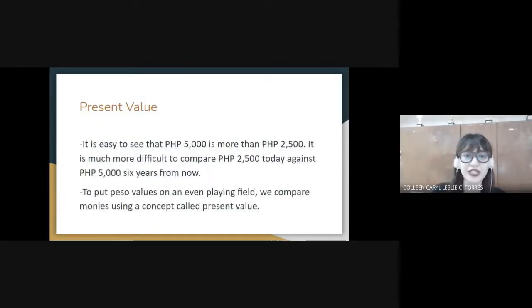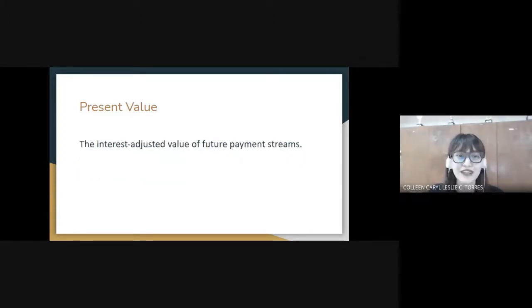As mentioned earlier, present value refers to the interest adjusted value of future payment streams. I think this is more relevant towards finance, in terms of cooperatives or banks, wherein people have to pay loans now, and those loans have interests. So let's say, for example,